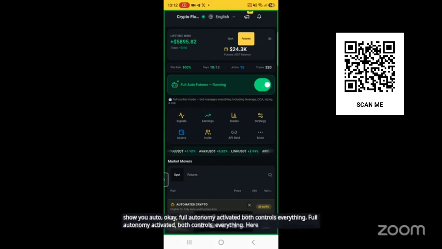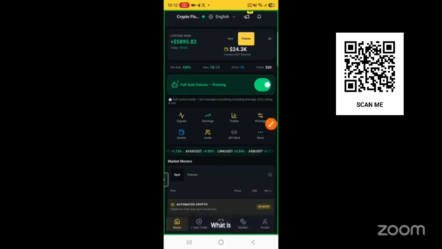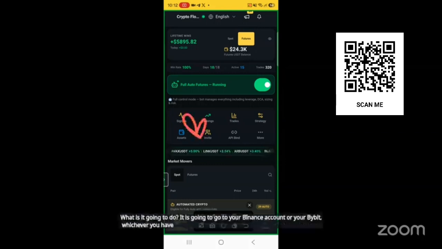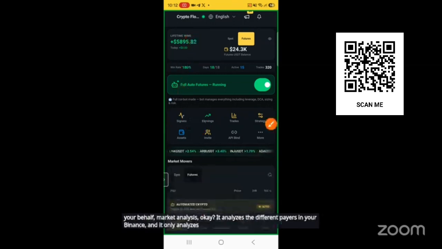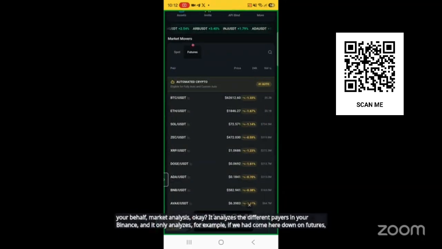Here you can see full auto futures running. It means, what is it going to do? It is going to go to your Binance account or your Bybit, whichever you are bound to. It is going to now do market analysis on your behalf. It analyzes the different pairs in your Binance, and for example, if we had come here down on futures, it is going to only analyze